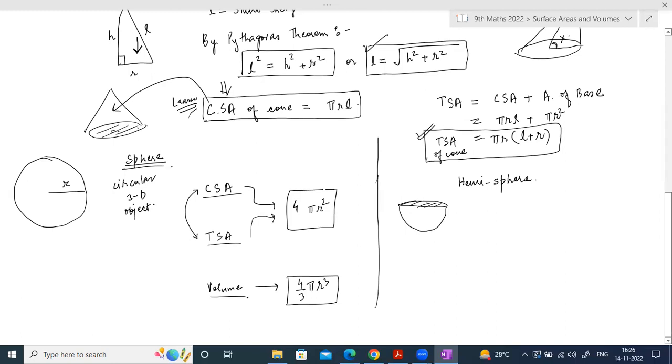Once you have divided it into two equal parts, two semicircular three-dimensional objects, which we call a hemisphere, now the CSA and TSA will be different. Because as soon as you cut it, an additional surface gets created here, a circular two-dimensional surface, right? If you look at it from the top,